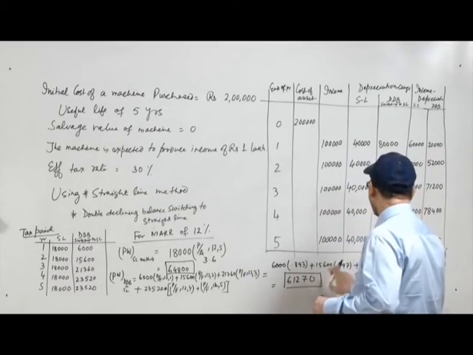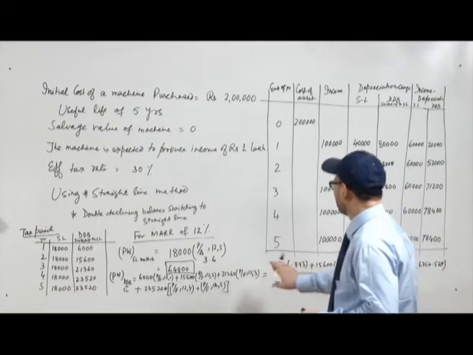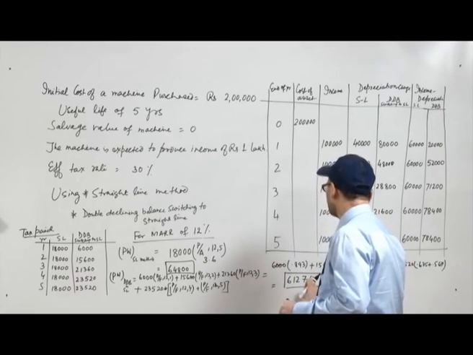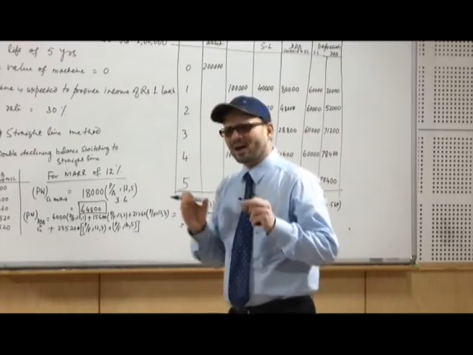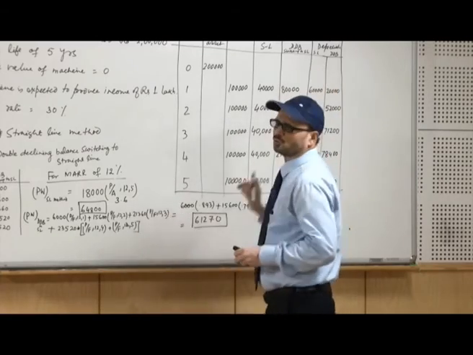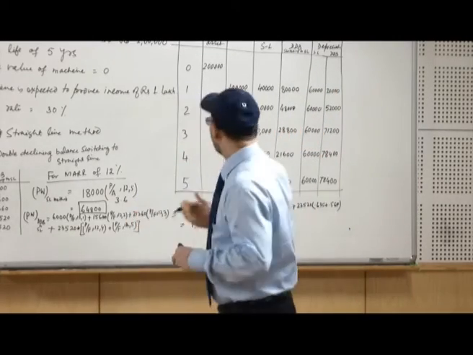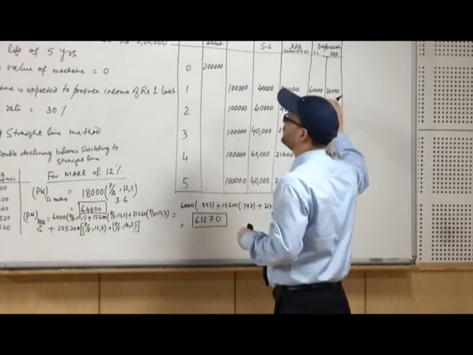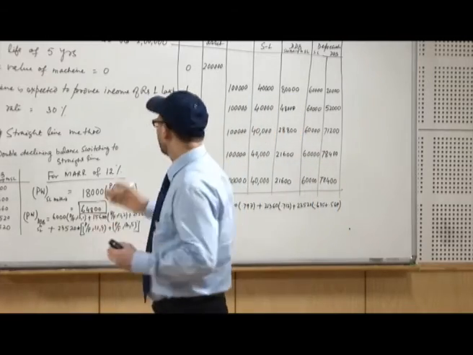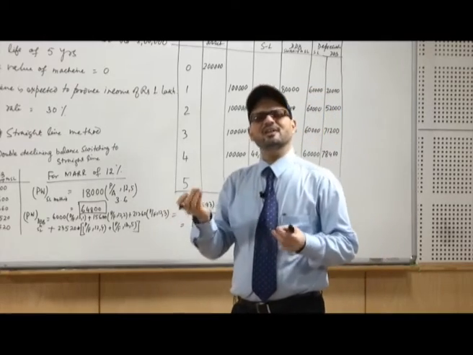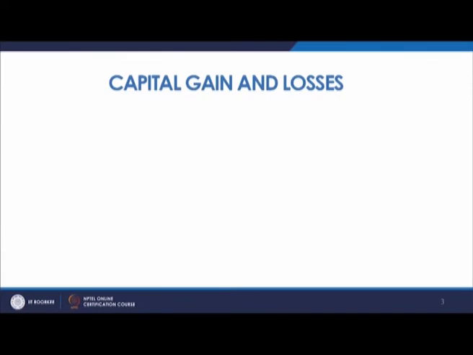So, the amount which is finally coming as the present worth today, because of the time value of money, is smaller. So, we have the advantage in choosing that depreciation schedule where initially the larger depreciation is accounted for. You are paying initially less taxes, rather than the schedule in which initially you have to pay more taxes by depreciating less. Now, next is capital gains and losses.